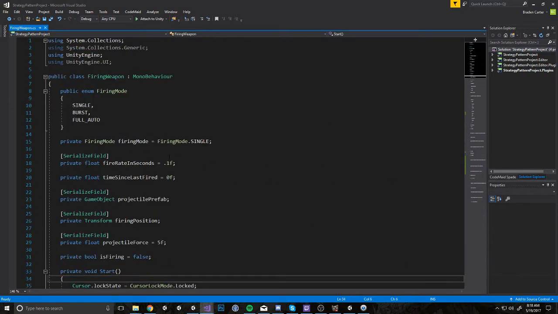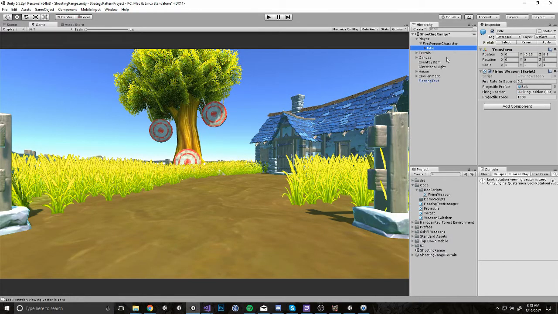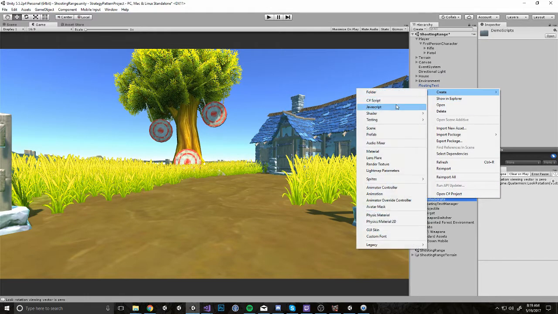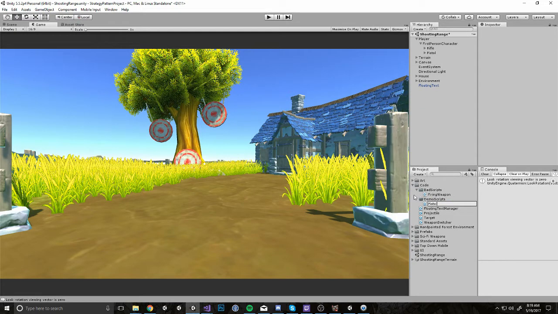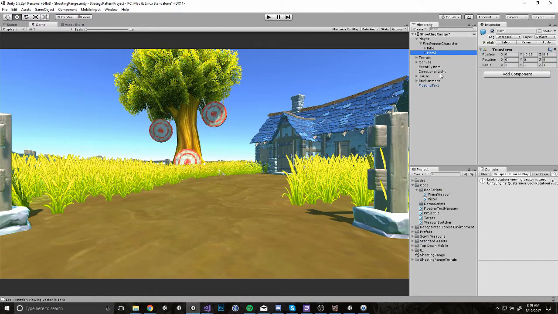So the main issue that we have with this code is, if we go back into Unity and let's say we want to add a pistol into our game. So we create a new object. We're just going to duplicate our rifle for right now. We'll remove that script. We'll create a new script called pistol. Put it onto